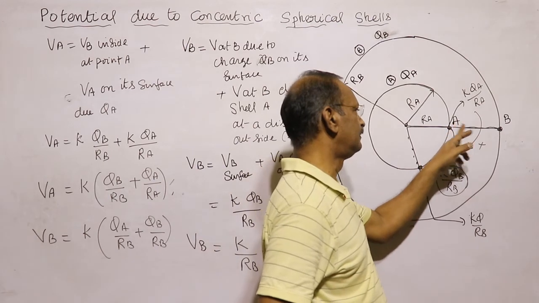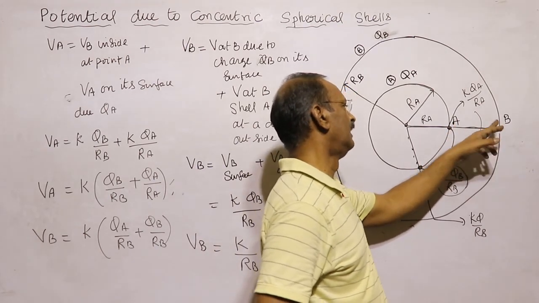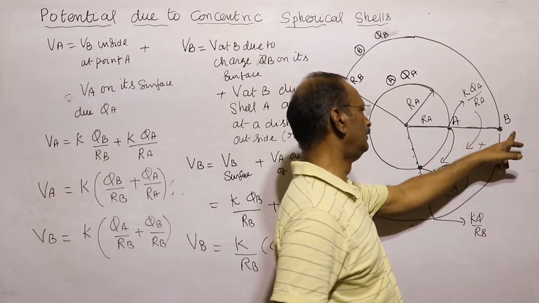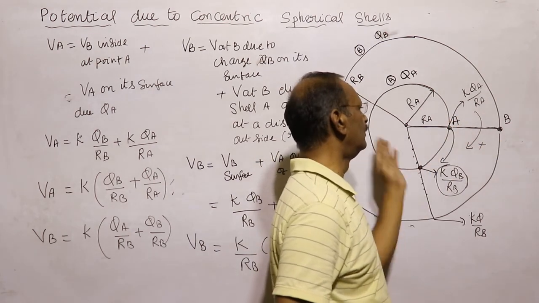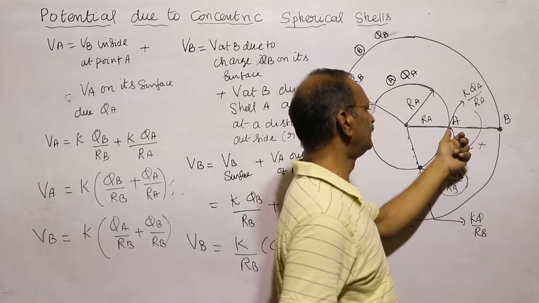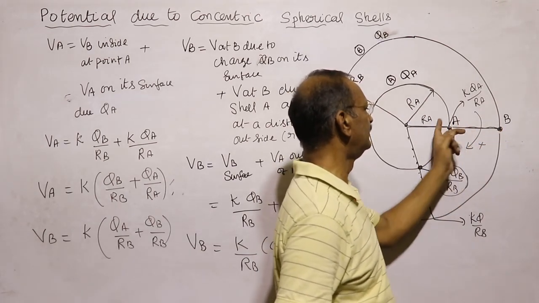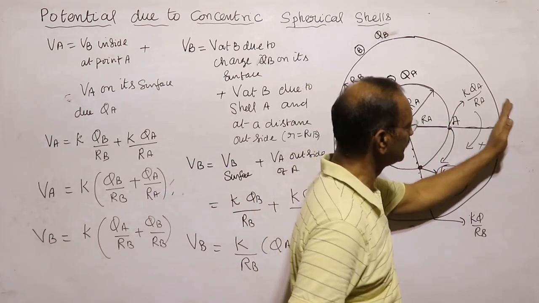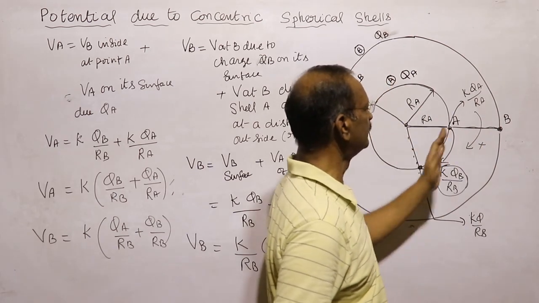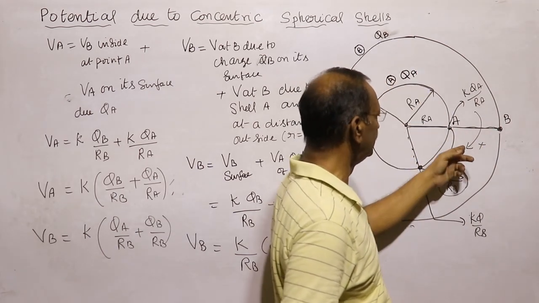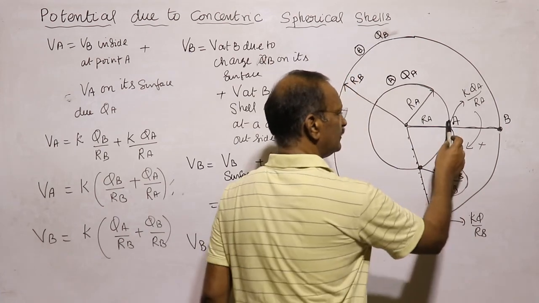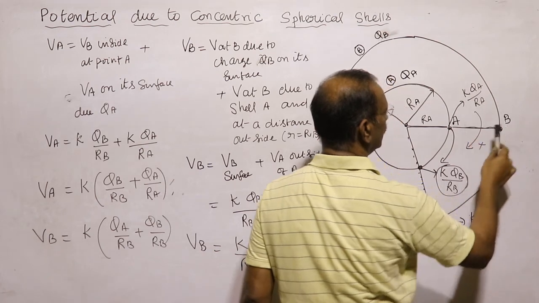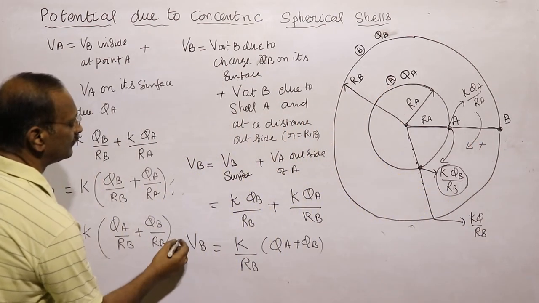Inside this, at this point, this will also give a potential which is equal to that on its surface, and this is available here also. So the potential due to B at this point plus the potential by its own. And for this point, the potential due to this sphere is outside, so the distance is RB. So we have to find the charge QA divided by RB into K, due to this one at this point, and due to its own surface charge, QB divided by RB. So we have to be very careful in applying this.